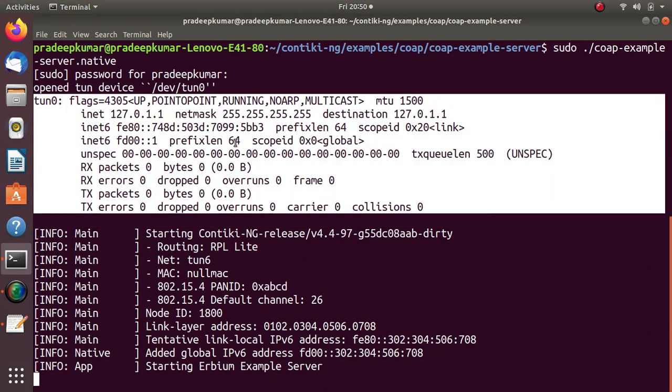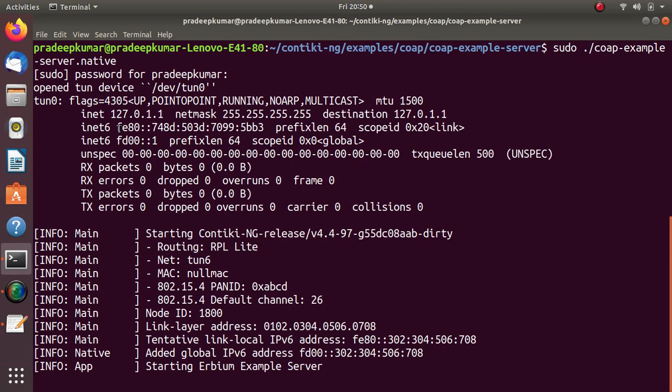And what about the IPv6? This is the IPv6 link-local address and the IPv4 is this address. It will be showing you the interface config for this particular device, and the server is running now. The global IPv6 address is this address, so only this address we are going to ping.